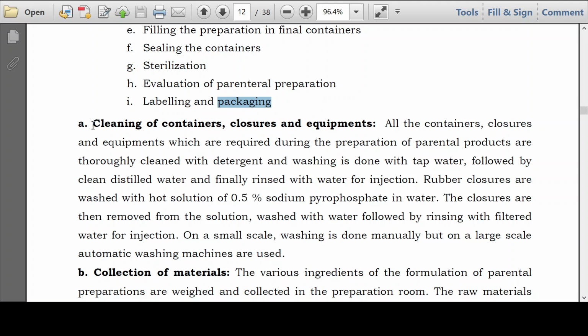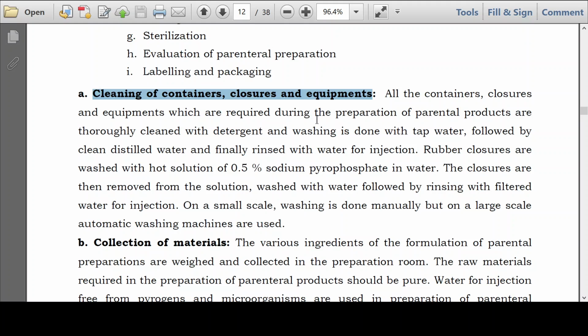So the first step is cleaning of container closures and equipment. All the containers, closures, and equipment which are required during the preparation of parenteral products are thoroughly cleaned with detergent, and washing is done with tap water followed by clean distilled water, and finally rinsed with water for injection. If you look at this sentence, these container closure systems are washed thrice, three times. First they are washed with regular water with detergent, then cleaned with tap water, and after tap water they are again cleaned with distilled water,